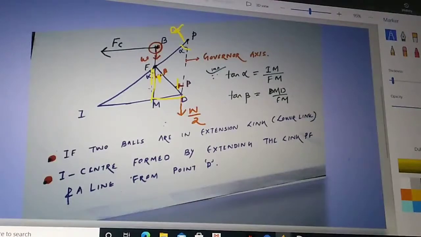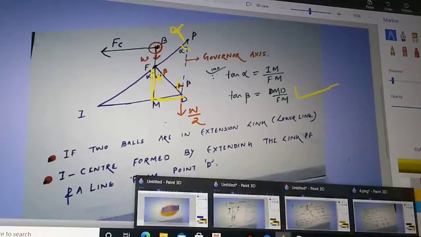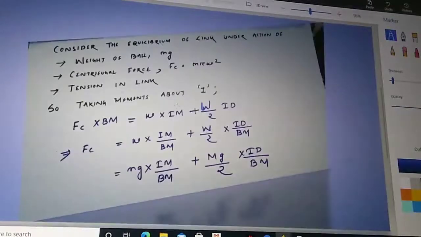This is a right angle triangle. It is very important in the next analysis, because we have to consider a moment about the I center, that is about I, to find the speed of revolution of the governor. So considering the